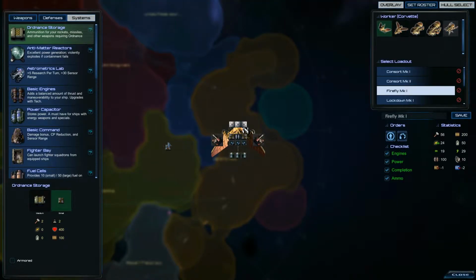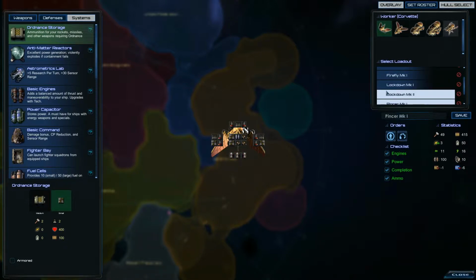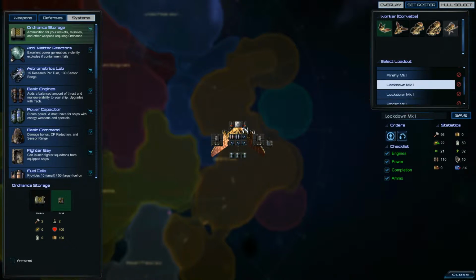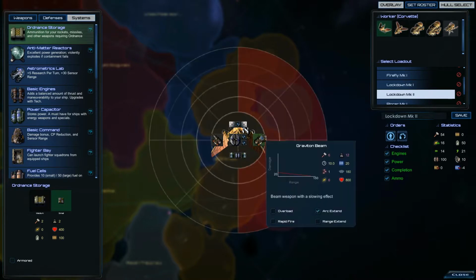Okay, after thinking about it for a bit there, I just realized I have a couple of different Corvette ships here that really could use a massive update, because they have a lot of potential. Fairly early on, I decided to work on the lockdown Frigate Corvettes, which was meant to kind of hinder ships for all of my other